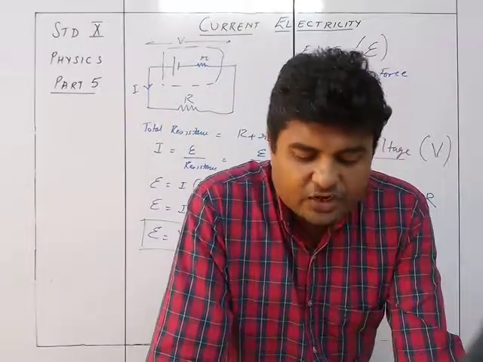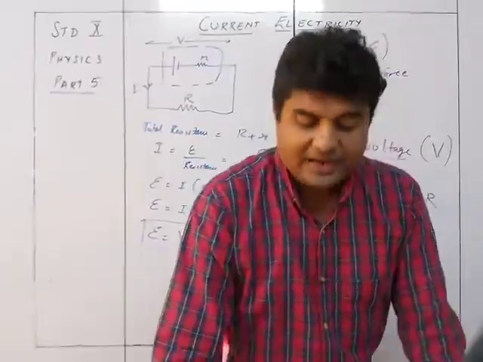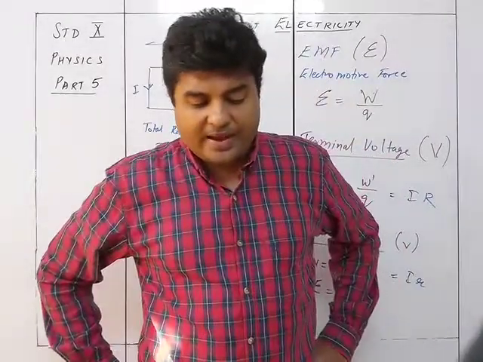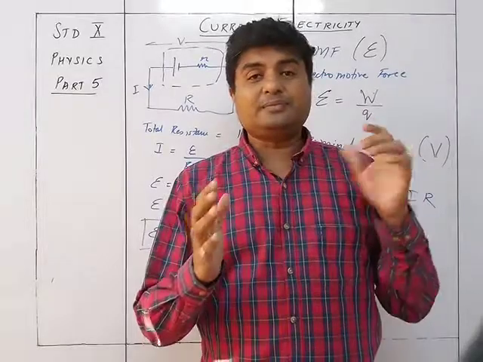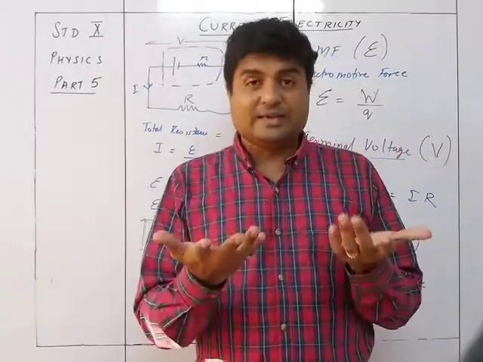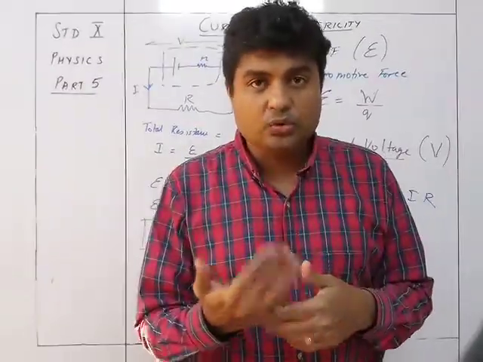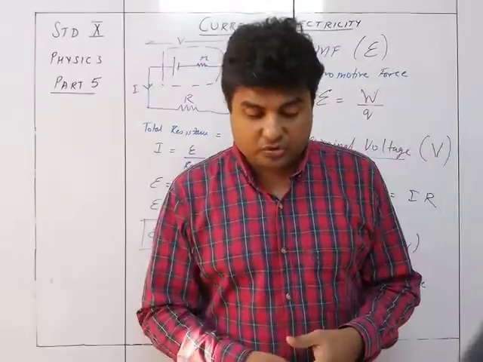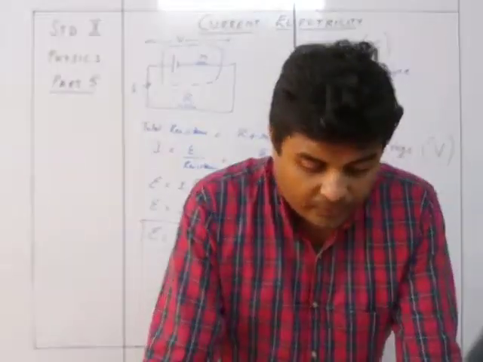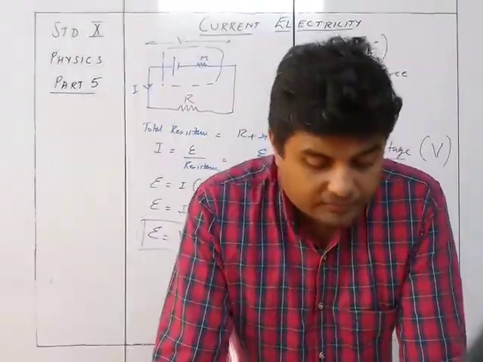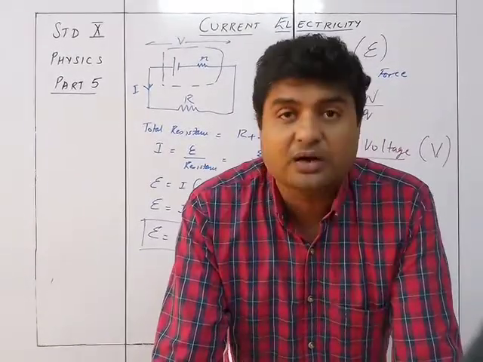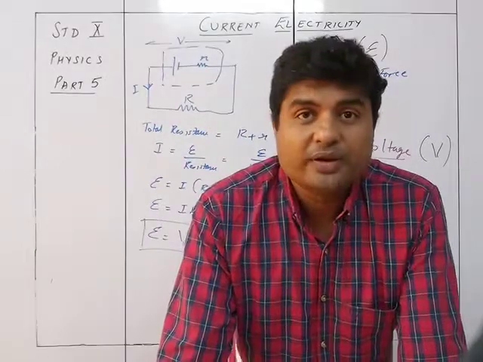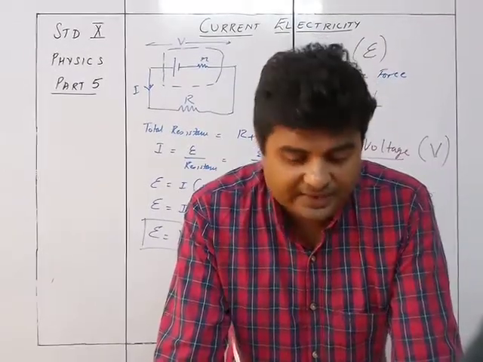Third, the nature and concentration of the electrolyte. Less ionic the electrolyte or higher the concentration of the electrolyte, greater is the internal resistance. So जितना ज़्यादा ions उतना कम resistance. So that's why higher the concentration of the electrolyte, greater is the internal resistance. So less ionic the electrolyte, so if the ions are less, then the resistance will be more.